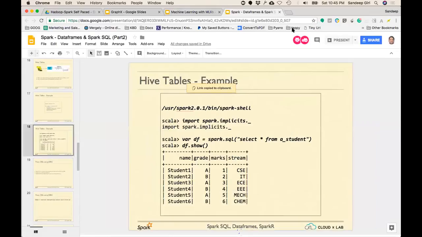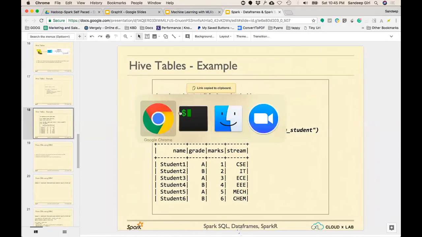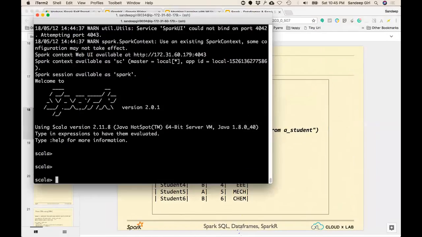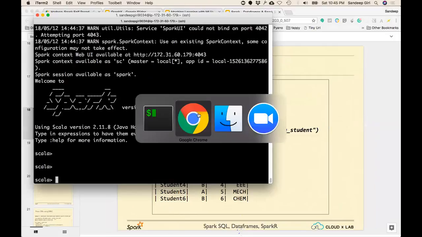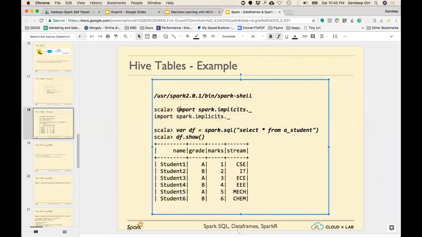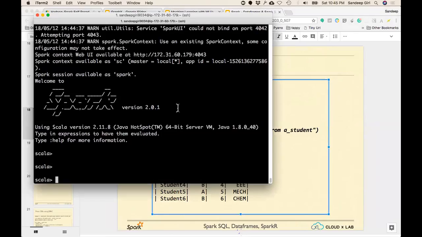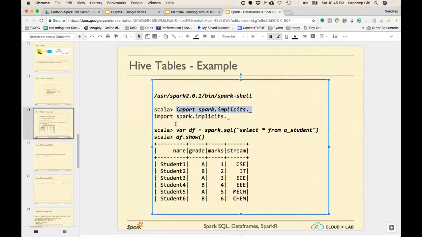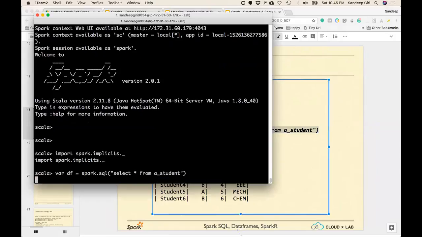Okay, so great, let's move ahead. So this is our Spark 2.0.1. Now we are just importing Spark implicits. It's just a good habit to import these. Next is,